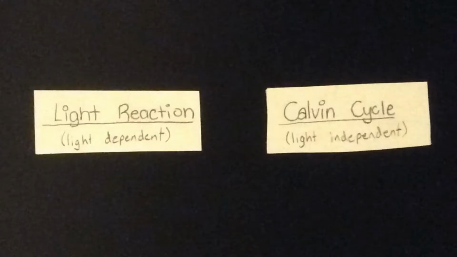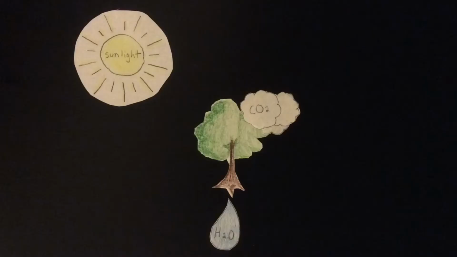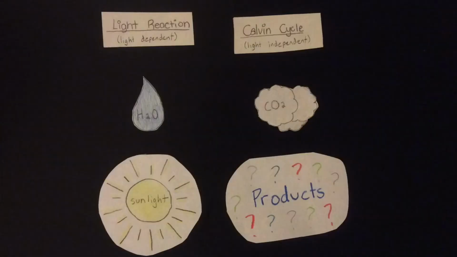There are 9 general steps to the photosynthesis process. They are split up into the light-dependent reaction, the light reaction, and the light-independent reaction, the Calvin cycle. The first step is when the inputs, or water, carbon dioxide, and sunlight are absorbed through the roots and leaves of the tree or plant. Water and sunlight are used in the light reaction, and carbon dioxide and the products of the reaction are used